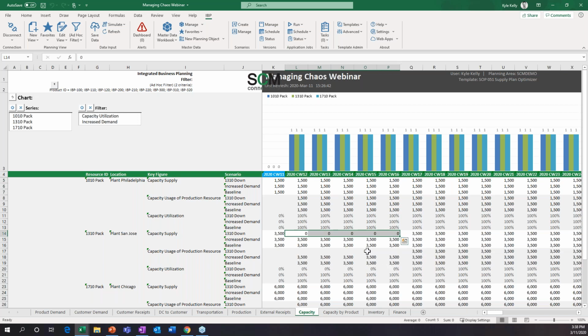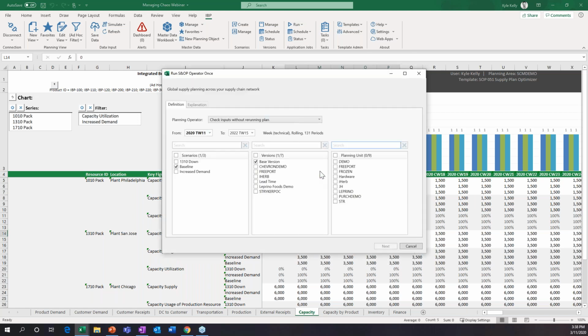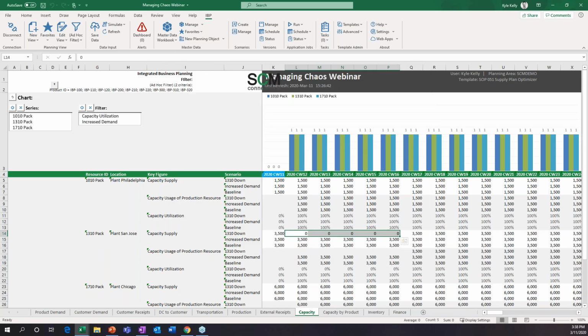Now, what is that going to do to the supply chain? Well, once again, we go in and run an S&OP operator, and we're going to run the same optimization. Now, what Optimizer is going to do is look at, again, the huge influx of demand. Can you pre-build? In this case, we can't really pre-build because so much of that demand is happening next week. Then it's going to start looking at, all right, do I have more capacity in the current week? Well, we already know we're maxed out in that increased demand scenario. So the next option most likely is we're going to have to short customers.